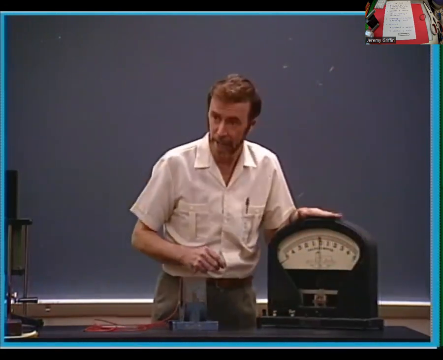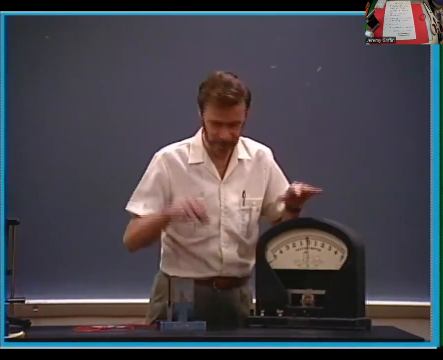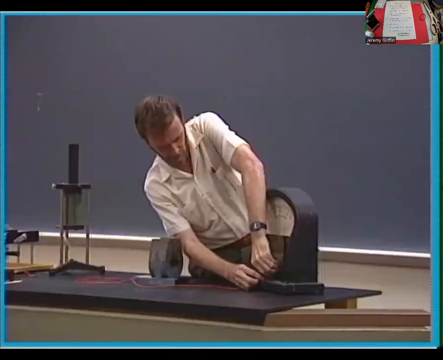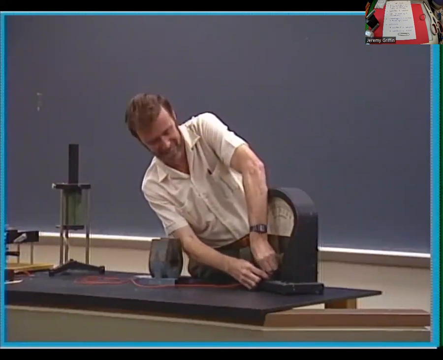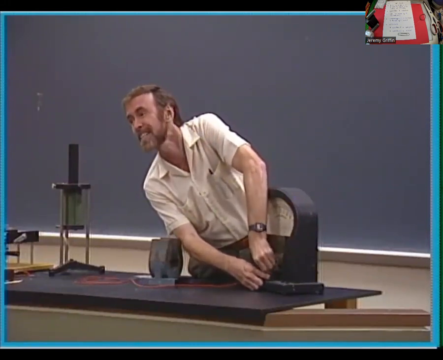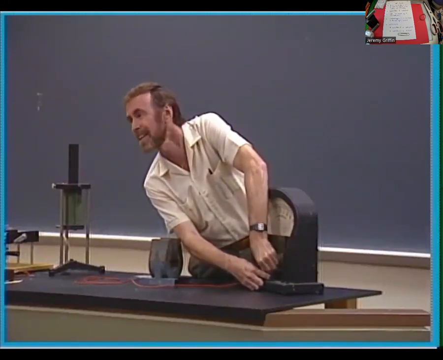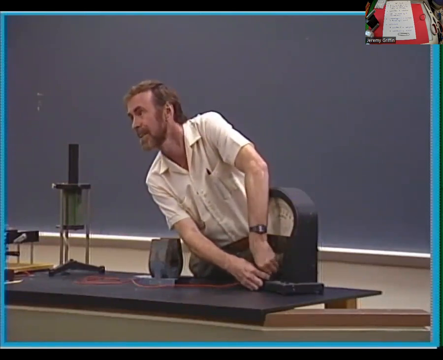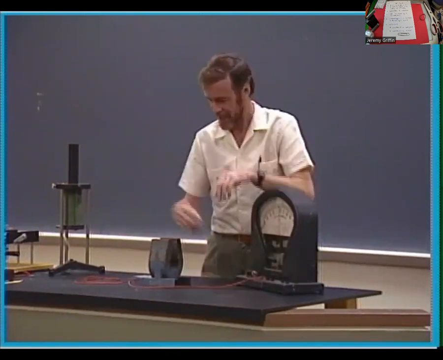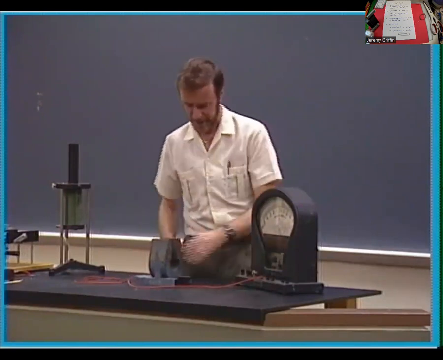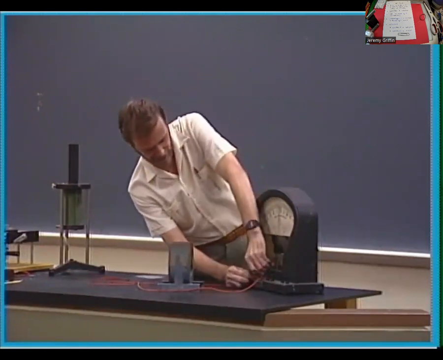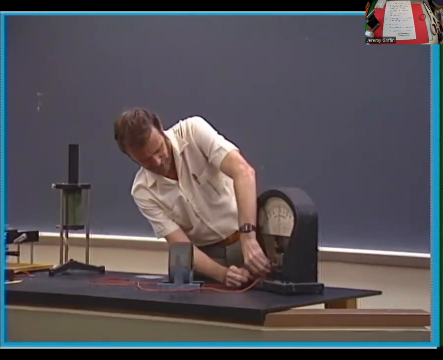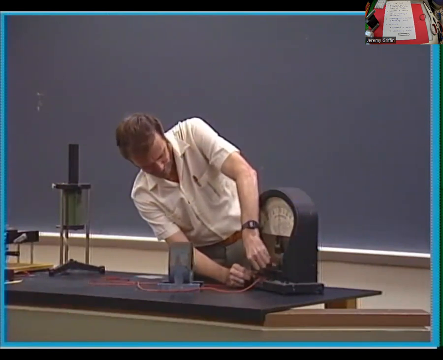They had meters similar to this at that time, but they didn't know how to get electricity. Well, they got electricity from batteries. A fellow by the name of Alexander Volta, Italian type, made batteries, and that was kind of nice. Everyone was excited about electricity. And Michael Faraday and Joseph Henry discovered the following.